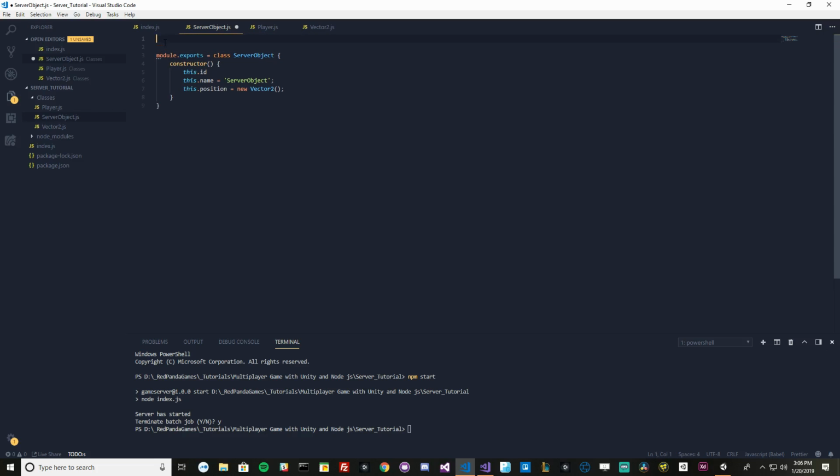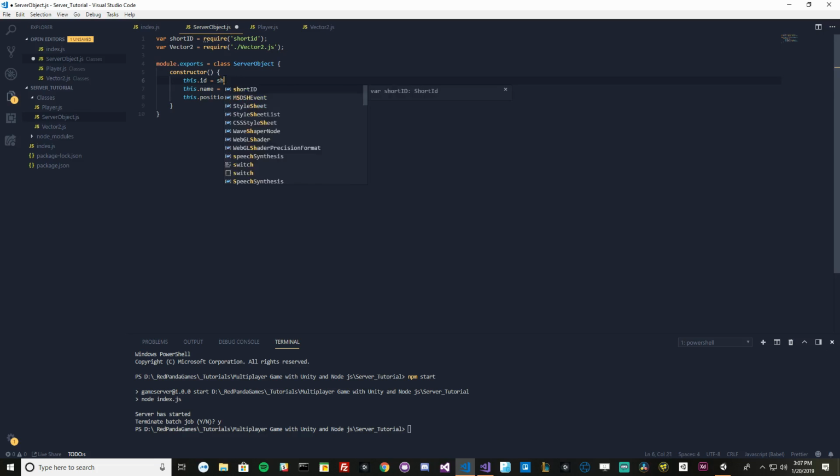Okay, so we need to bring in short ID, so it has reference to something. We're going to say require short ID. Okay, cool. We're going to say vector2, and it requires, and we're going to bring the vector2 class. Beautiful. Okay, so this ID, just like the player, we're going to say this ID, short ID, and then we're going to